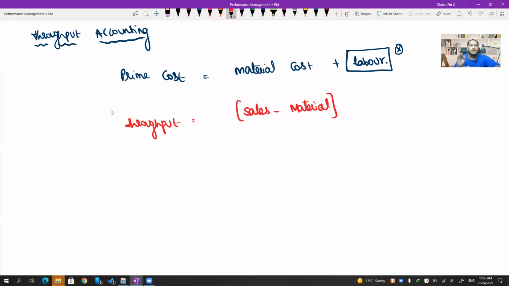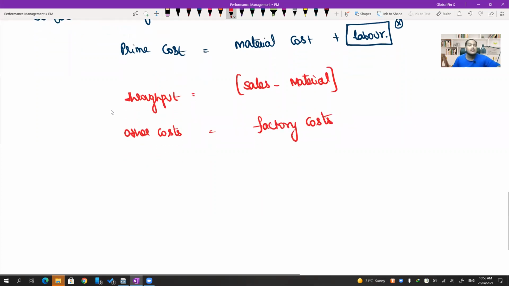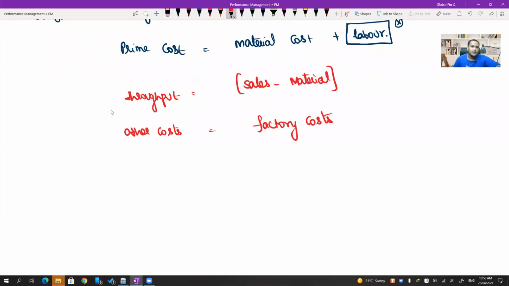It truly depends upon the number of units that you are producing. If you produce 1,000 units, an equal amount of raw material is used. If you produce 10,000 units, 10 times the raw material is used. So it's the truly variable factor. Material is the only truly variable factor. All the rest of the costs are called factory costs. This is where throughput accounting starts. Its essence is that only material cost is considered the truly variable cost. The rest of the costs are all related to the factory costs.